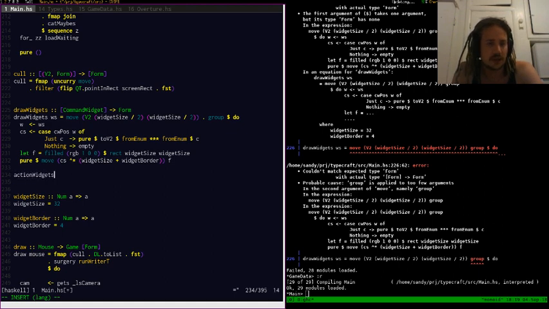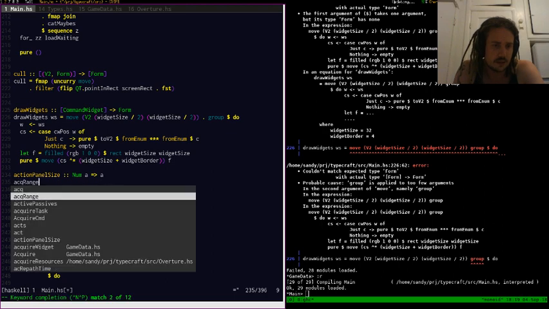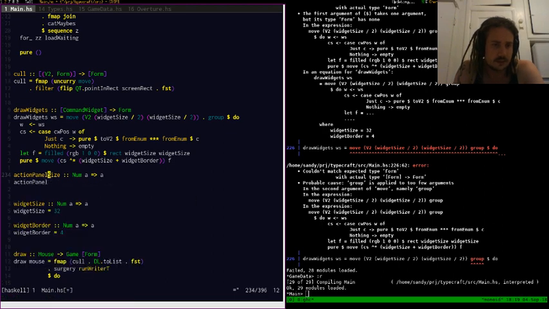Action widgets, action panel size. This thing is also num A to A. This thing is equal to, oh, this is a pair actually. Let's make it a V2, even better. This thing's a V2 of, no, it's a 2V2